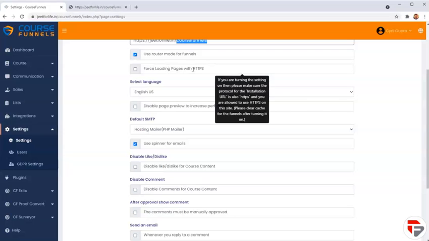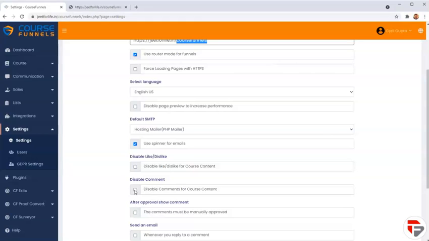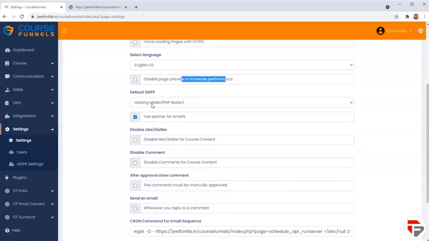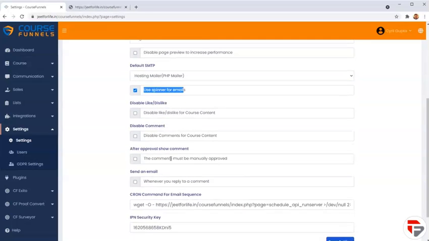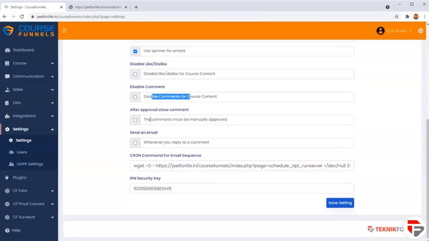and you can have HTTPS. It's just a part of the security system. You can have routing to HTTPS. And if you want to disable page preview to make it even faster, you can do that. It's got SMTP and it's got even spinning. So if you want to write individualized emails to everyone, you can use content spinning. CourseFunnels supports content spinning in email. So every email that you send out will be 100% unique. You can disable reviews or likes or dislikes. You can disable comments, or if you want to have approval on comments, you can do that. And you can decide whether you want to send out an email to yourself or